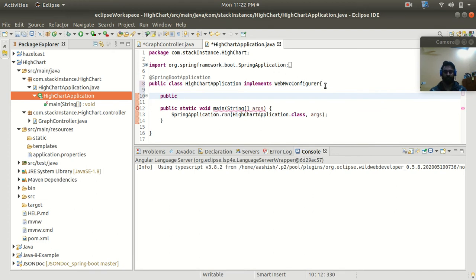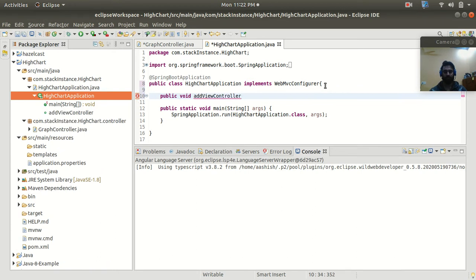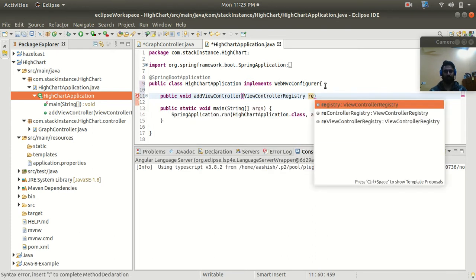Let's say public void addViewControllers, and in the argument part I'm going to pass the ViewControllerRegistry, and the reference I'm going to create as registry.